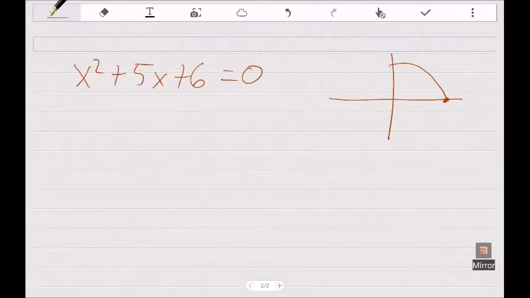For quadratics, factoring is the easiest way to solve that. There's also the quadratic formula, and there are some more difficult cases of factoring, but this is an easy case to get our feet wet before we move into some of the more annoying cases. So the way that we would factor in this case, the first thing you always want to look at is